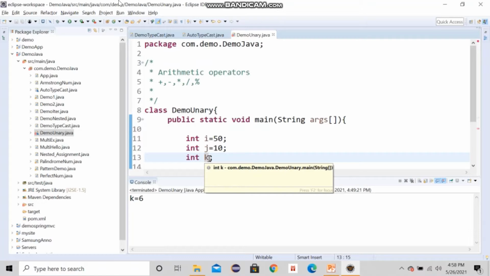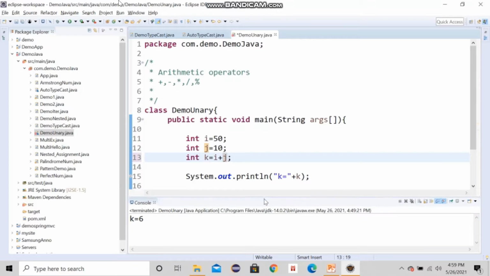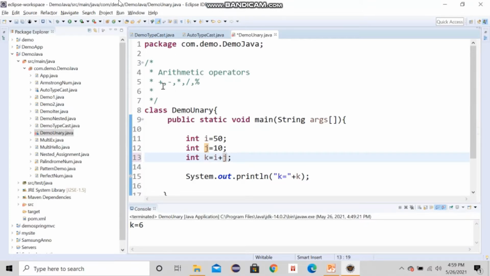Here in this program I have taken two variables, assigned 50 and 10 to them, and k is taking i plus j. I'm adding, which is an arithmetic operation. One of the operations is plus. We have seen the arithmetic operators: plus, minus, multiplication, division and so on. If I add two numbers, I get the result 60.